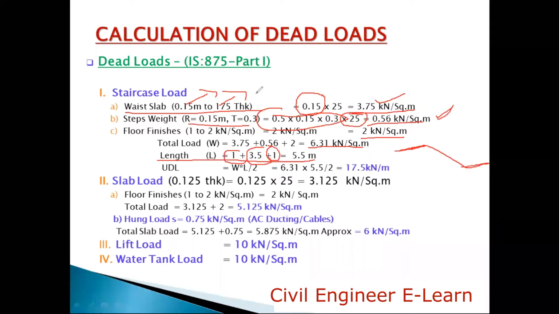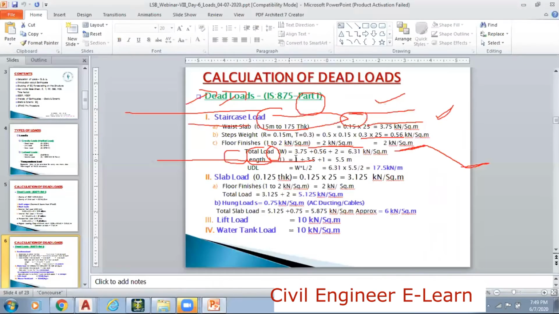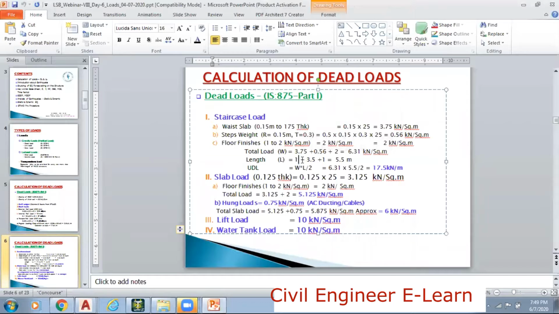So usually for commercial buildings, it will be more than 1.2 meters, right? So instead of this 1 meter and then 1 meter, you can consider 1.25 and then 1.25, which will be 2.5. 3.5 plus 2.5, 3 plus 4 plus this one, and this would become, yes, let me correct it now itself. So here for a commercial building, you can consider the landing is 1.25 and then 1.25 maximum.